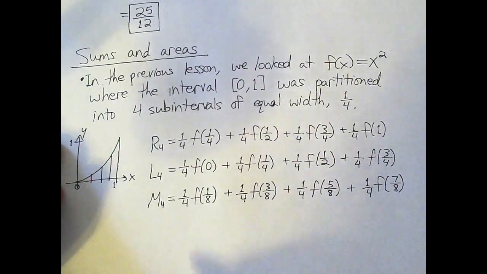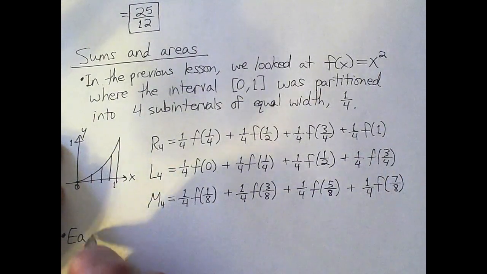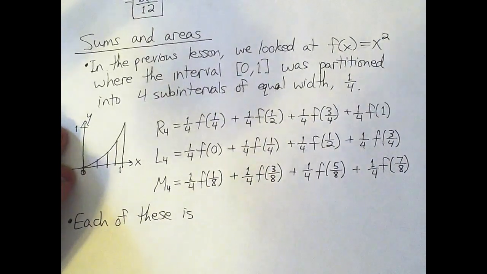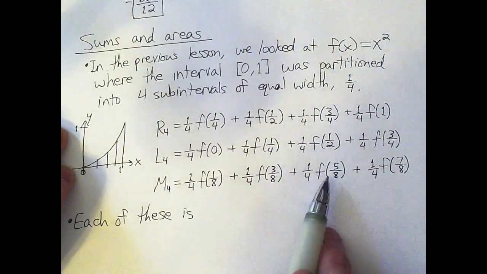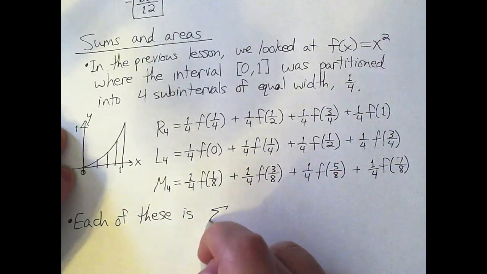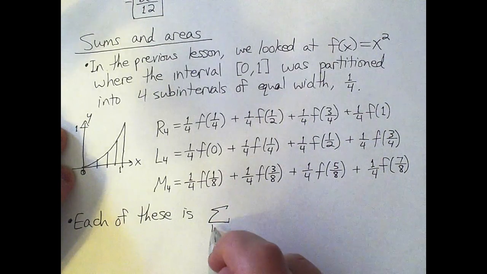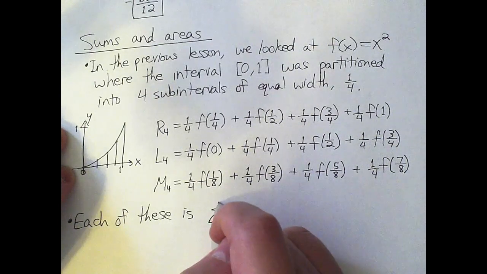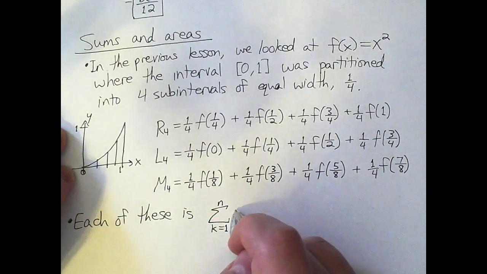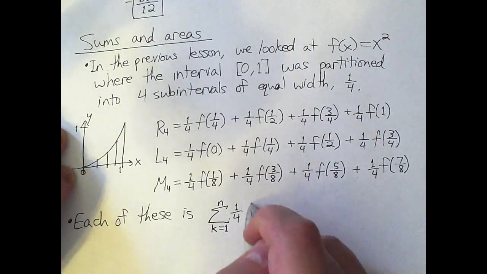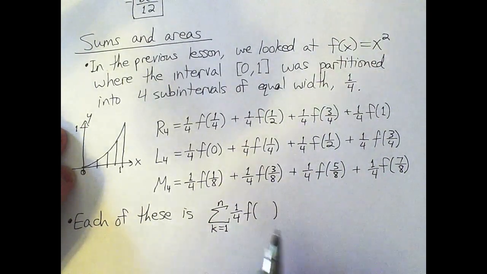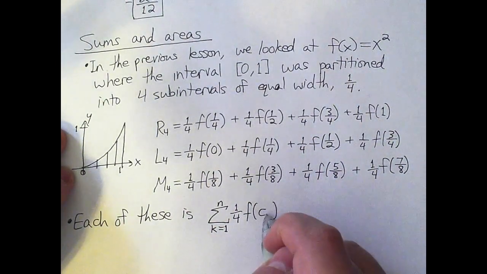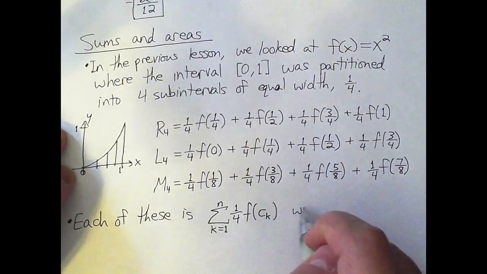So what I'd like to say about these is, what if we write each of them in sigma notation? It's a sum of things. It's going to be sigma. Underneath it, I could say k equals 1. Up top, I could say n. And all of them are 1/4 times f of something. Now, what should we call the something? It was different for each of these. So I'm going to call it c with a little subscript k,